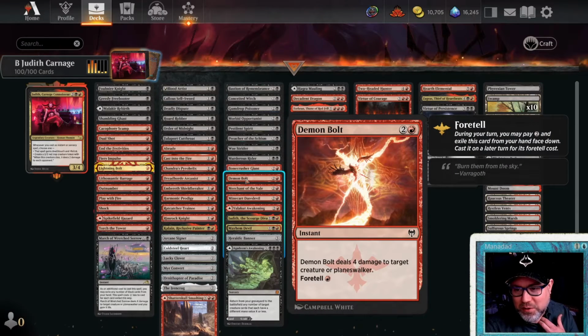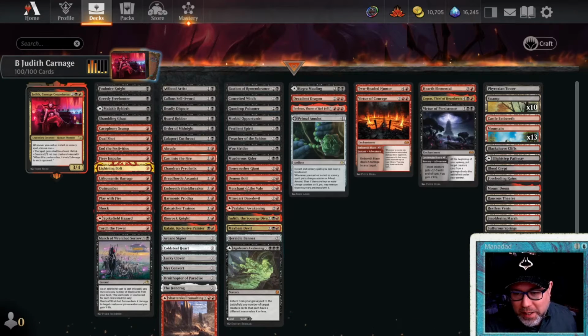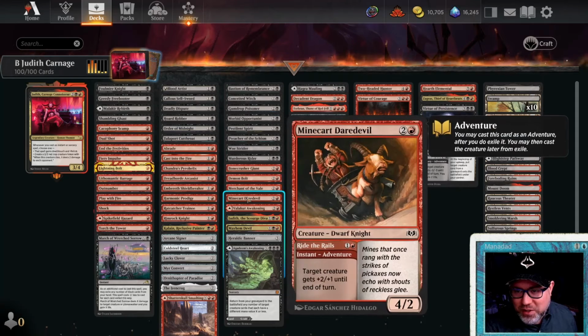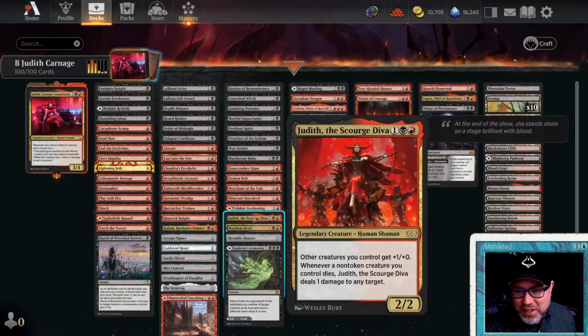You don't have to run this, but 4 damage, and it is like a 1 mana spell, as long as you foretell it ahead of time. Drop Judith, 1 mana, zoom, kill something. Merchant of the Veil is an adventure creature. Minecart Devil's adventure. We've got the original incarnation of Judith, the Scourge Diva,